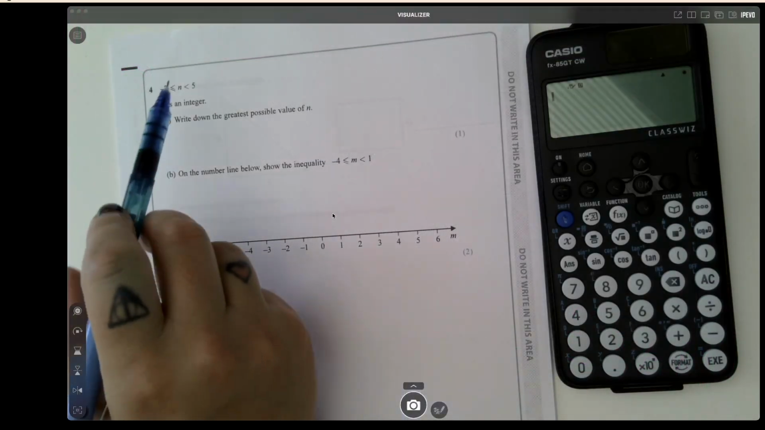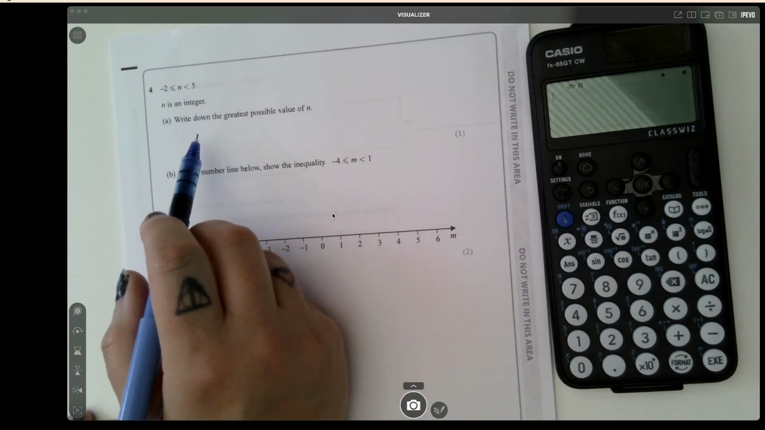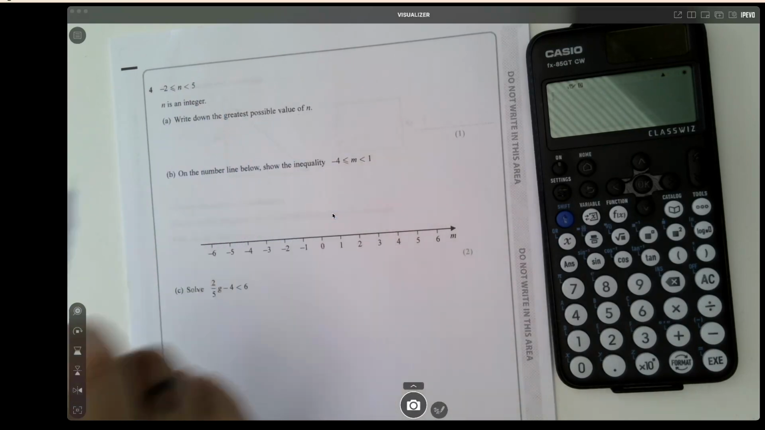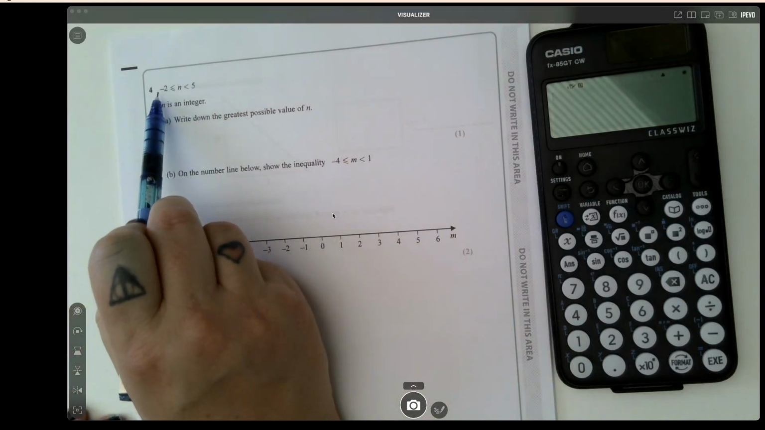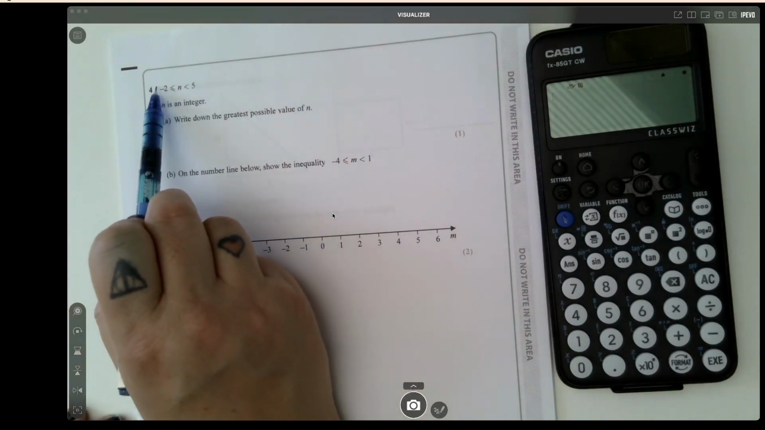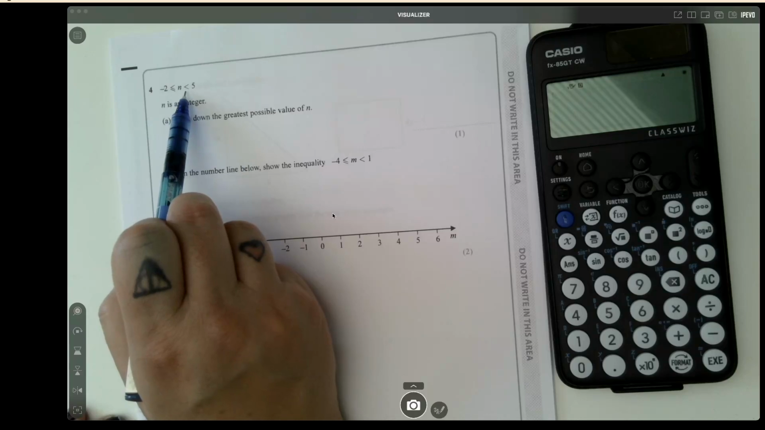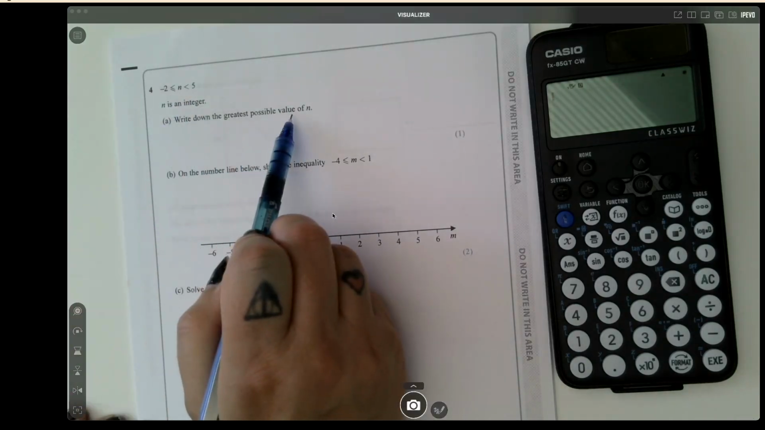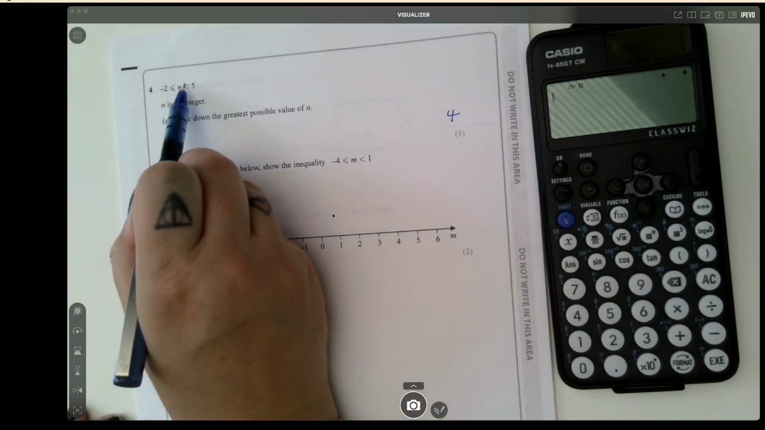Question 4, we have this double inequality where n is an integer. An integer is a whole number. Part A, write down the greatest possible value of n. So n can be any value from -2 through to 5. It could be -2 because of that equals sign, but it can't be +5 because there's no line underneath. It's not an equal to symbol. So the greatest possible value of n, if it's an integer, must be 4